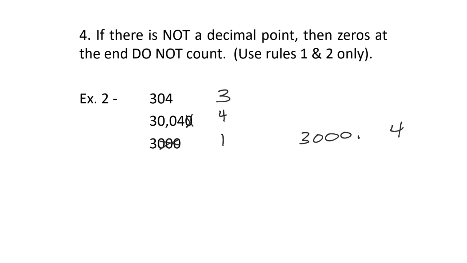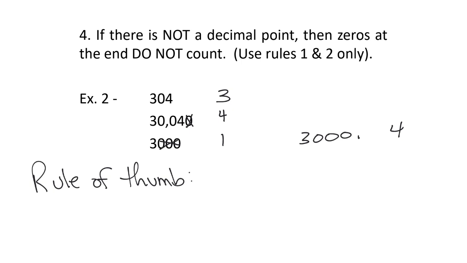So all of these numbers, when there isn't a decimal point, like 30,040. That's about 30,040. Could be 41, 42. We don't know. We're just saying about 30,040. So that last zero doesn't really count. Okay, so there's a rule of thumb with this one. I didn't type it out, so I'll write it down. So rule of thumb,